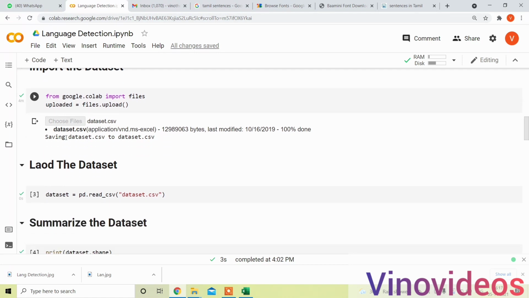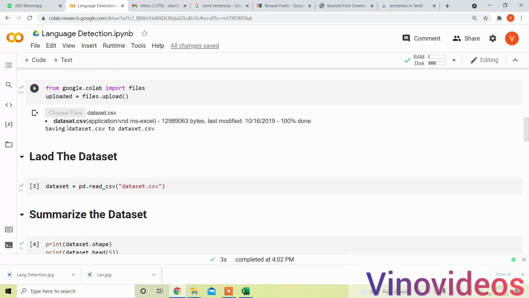Next I need to import the dataset. For that, we use the code from google.colab import files. We already discussed how to load the dataset in a separate video, so if you have any doubt or don't know how to load the dataset, kindly refer to the playlist on how to load the dataset. By using this code, I'm going to load the dataset.